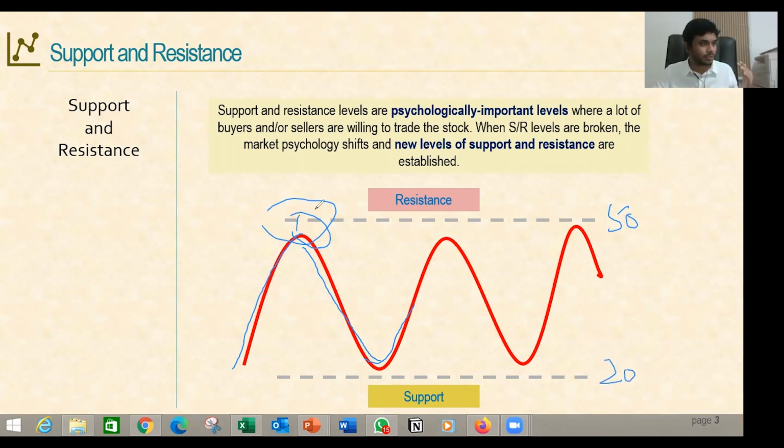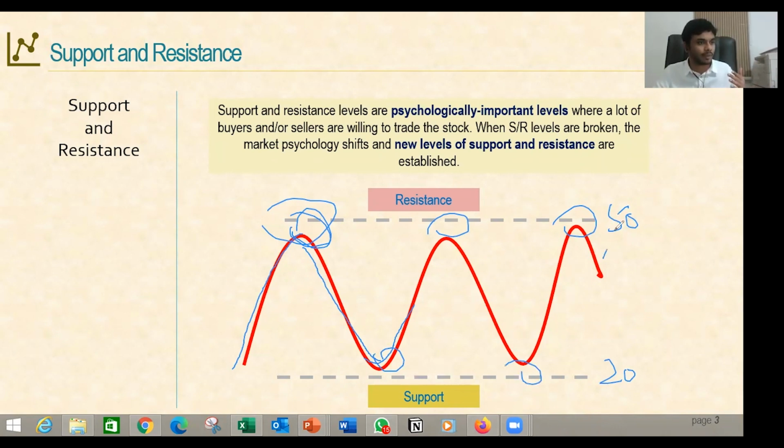So every time you see there is resistance, whenever the price reaches this particular resistance zone, 50 levels, 49 levels, so closer to this area, you see some excessive selling and then price naturally falling down. So then there is confirmed resistance. Same way, there will be support at these levels.